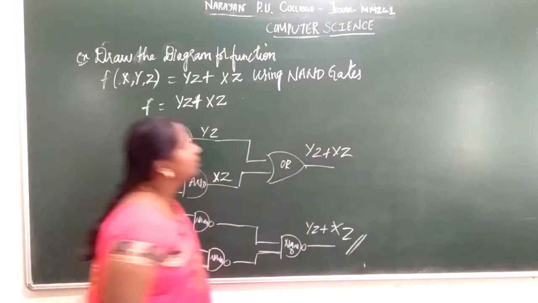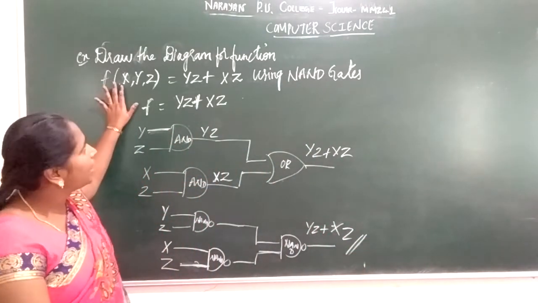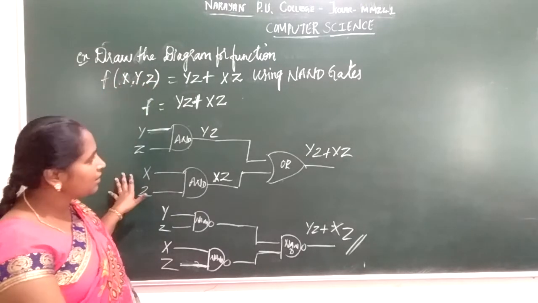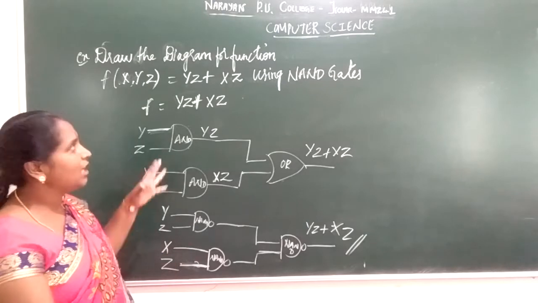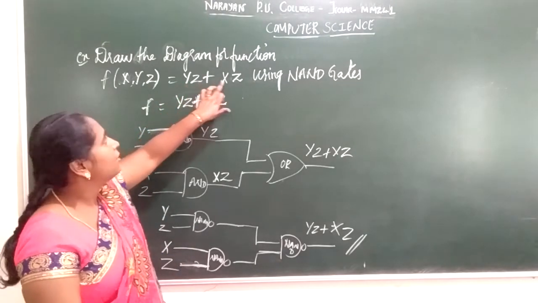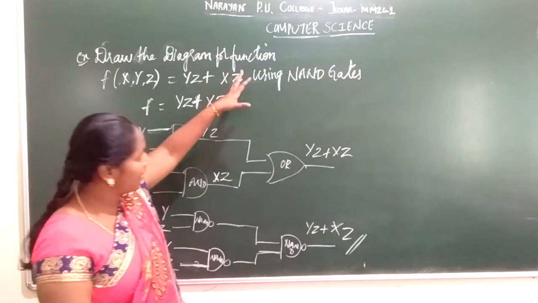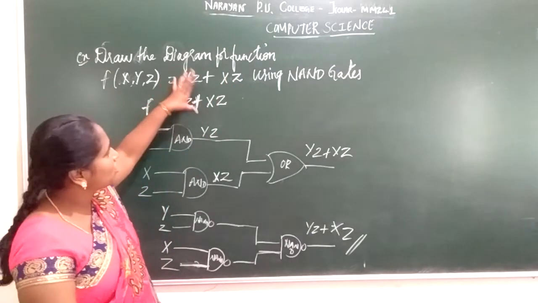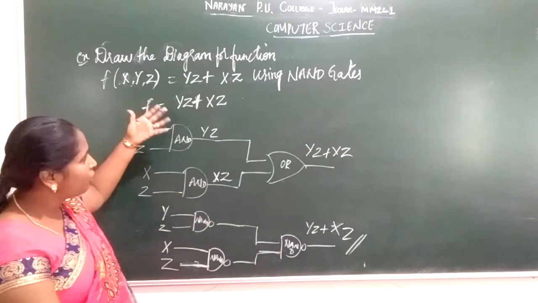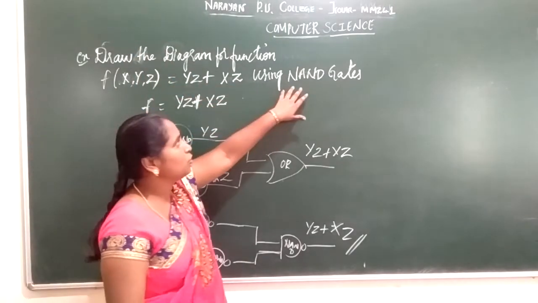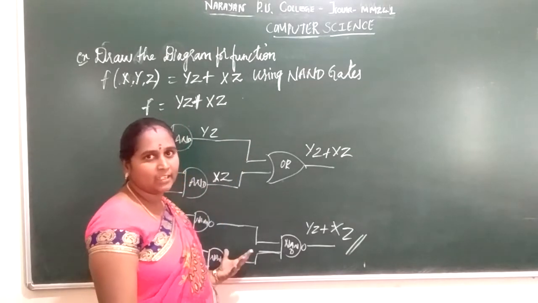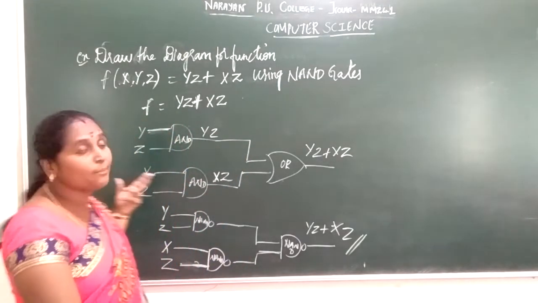Then you get questions like, draw the diagram for the function using NAND gate. You can directly draw the expression using NAND gates. Split the given expression, use a NAND gate, and you can directly draw the logic diagram. Or if you are finding it very difficult, you go to the rules. First you draw the basic gates, and from the basic gates you just replace them with NAND gates. So these are the two examples we have seen.